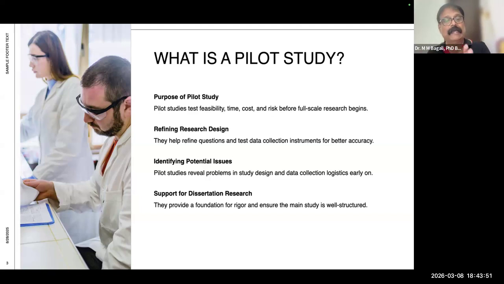Is it positive? Is it negative? Is it an advantage? Is it a disadvantage? Obviously, everyone knows that the more the social media, the more the knowledge and understanding. But is it really a practical question, or really a practical outcome? So when you're going for your actual study with these research questions, I'm just giving a hypothetical understanding of why a pilot study has to be taken.